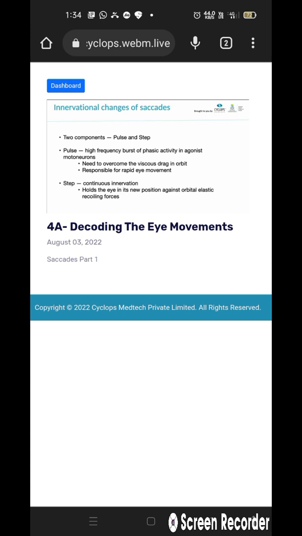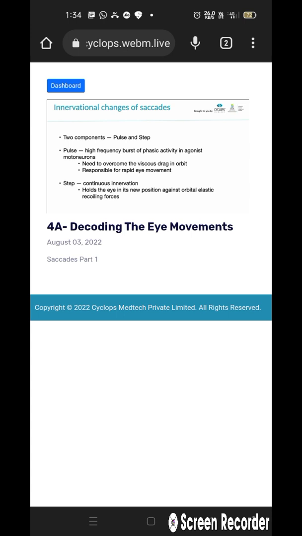The pulse will be a high frequency burst of phasic activity in the agonist motor neurons. The pulse is needed; it will be like a throttle or a thrust while you are going up. The amount of thrust you use on the accelerator while the vehicle is traveling uphill, or when you start the vehicle and just move initially, the amount of thrust you give on the accelerator is akin to the pulse of the